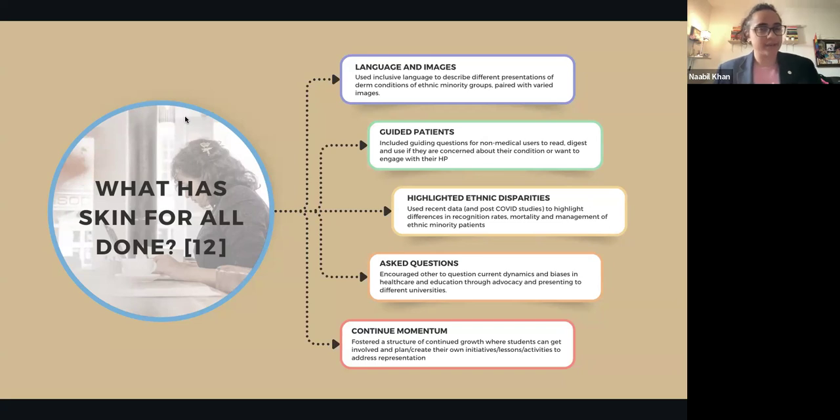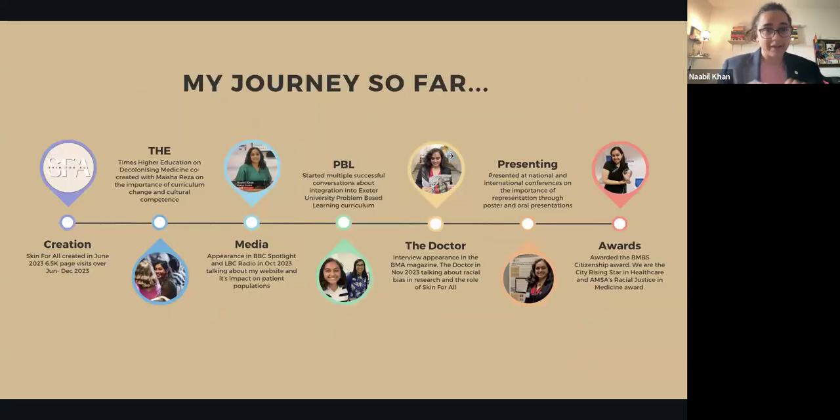The reason I mention this is because I think the whole theme of EduExe Festival is about that transformative education. And I find that the transformation very much lies in trying to encourage students to take control of their learning and to work with academics and professors to change things for the better, especially within curriculums. So this has been my journey so far when it's come to Skin for All and what it's achieved. And this is very much a testament to why representation and initiatives around representation are so in demand and the impact it can actually have.